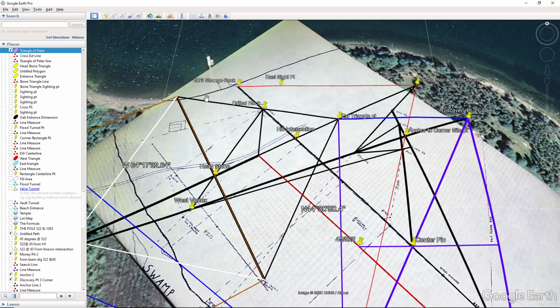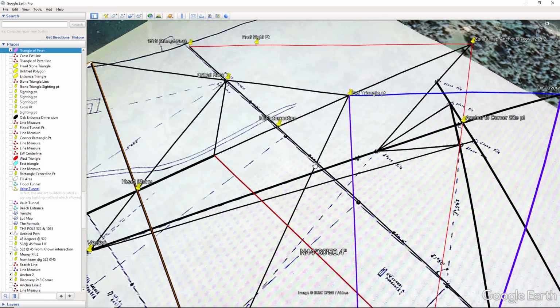Now I have this triangle in black, but it should possibly be red. But there is a connection between this point and this point, which makes this section black, but this section would still be red, and this would be totally red. Even though there's an intersection point here,